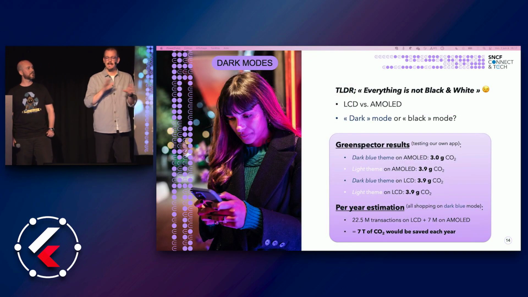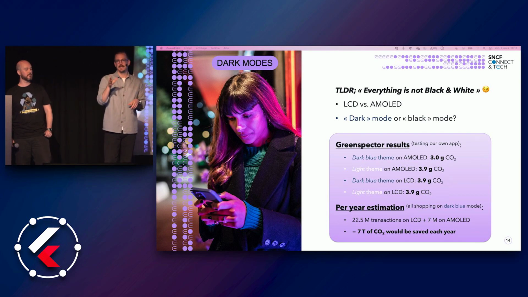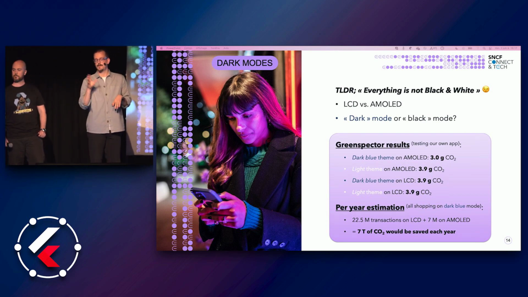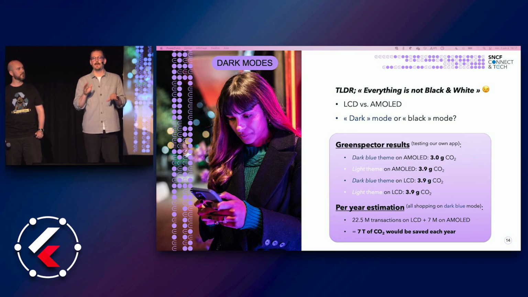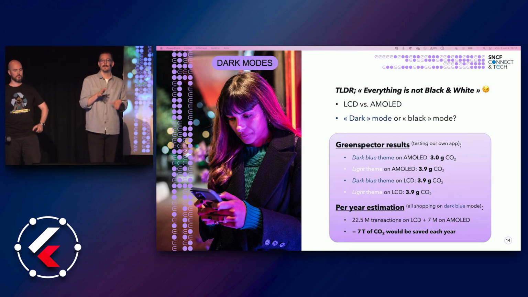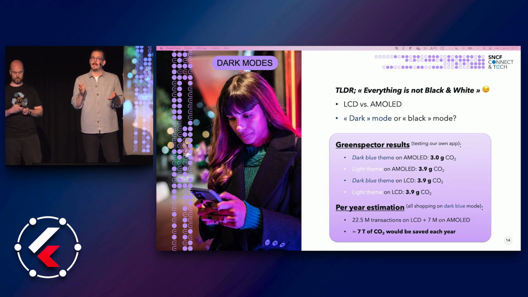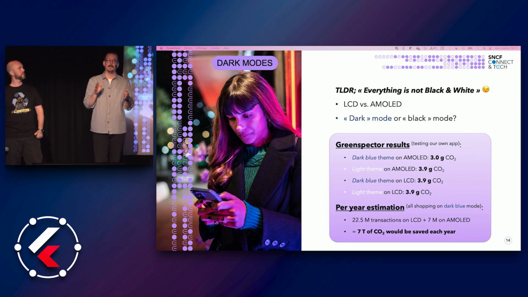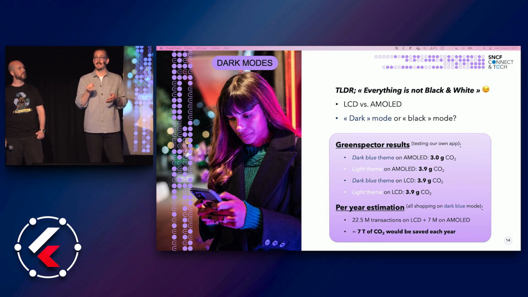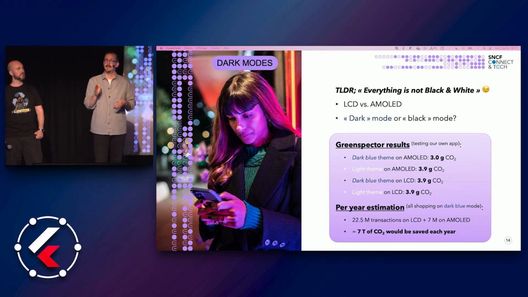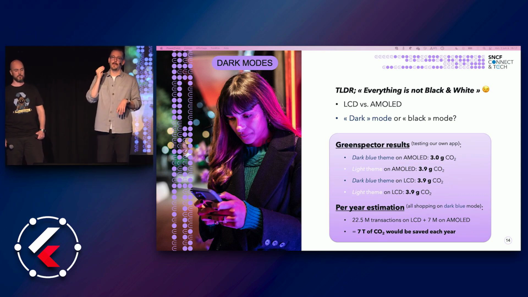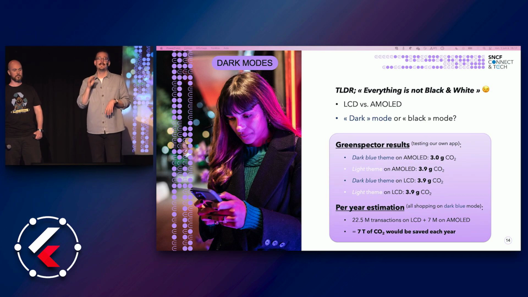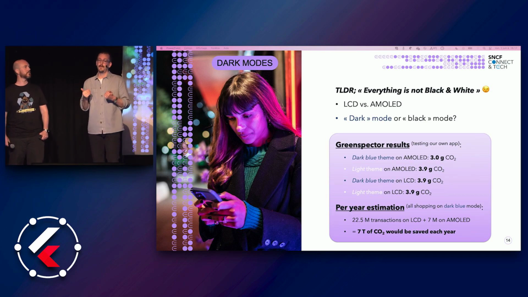So basics here, LCD, which is kind of an old screen technique, is completely independent from the color displayed. So dark mode isn't helping here. AMOLED can shut down some part of its screen if the color displayed is black. So a full black theme is a really good thing, but it also tends to consume much less energy with darker colors. For example, with our app,